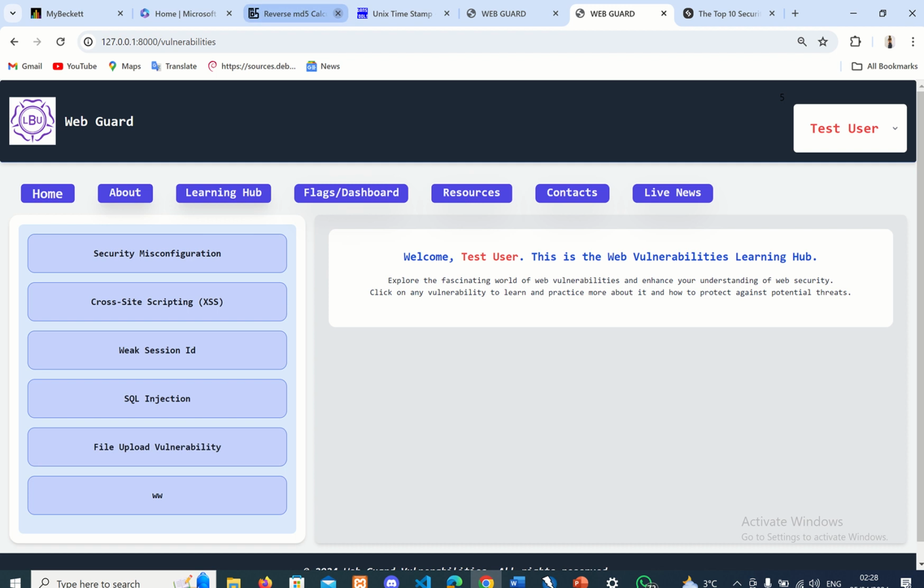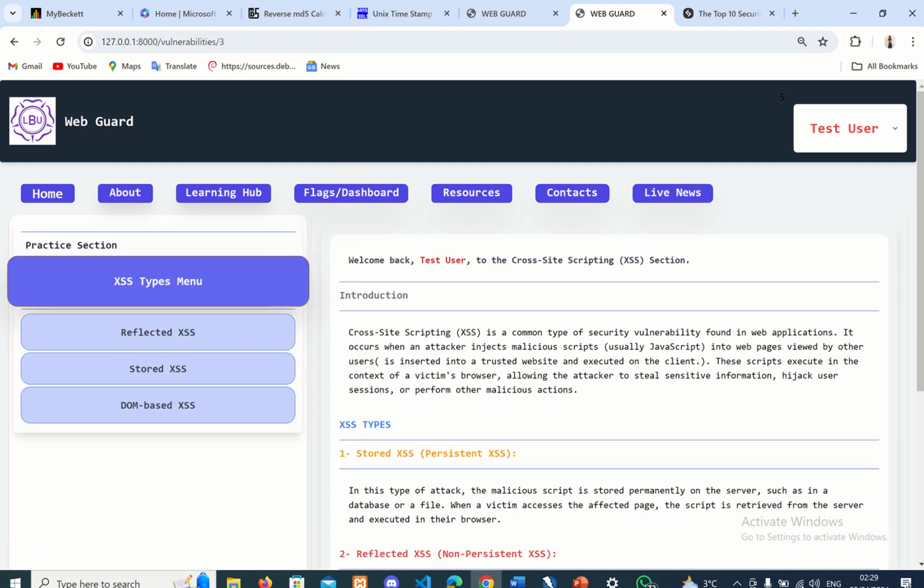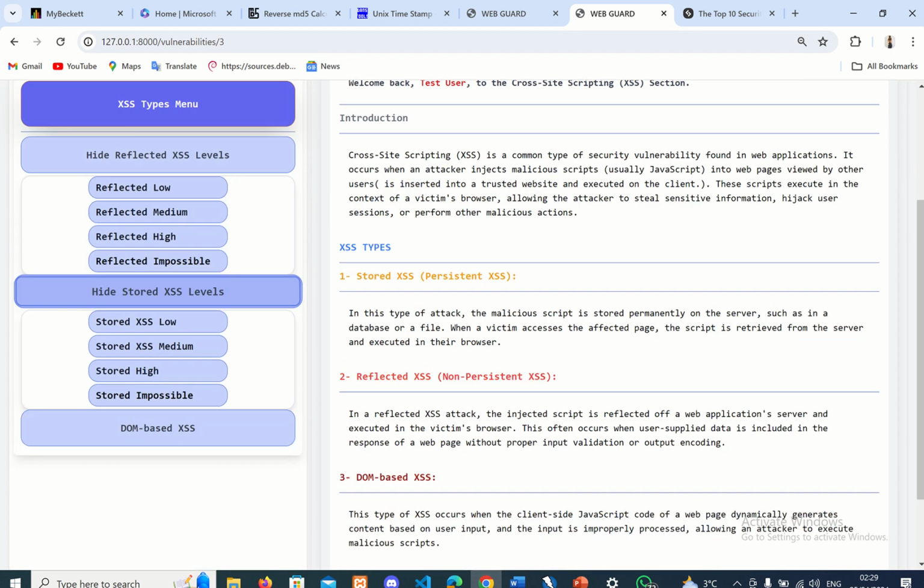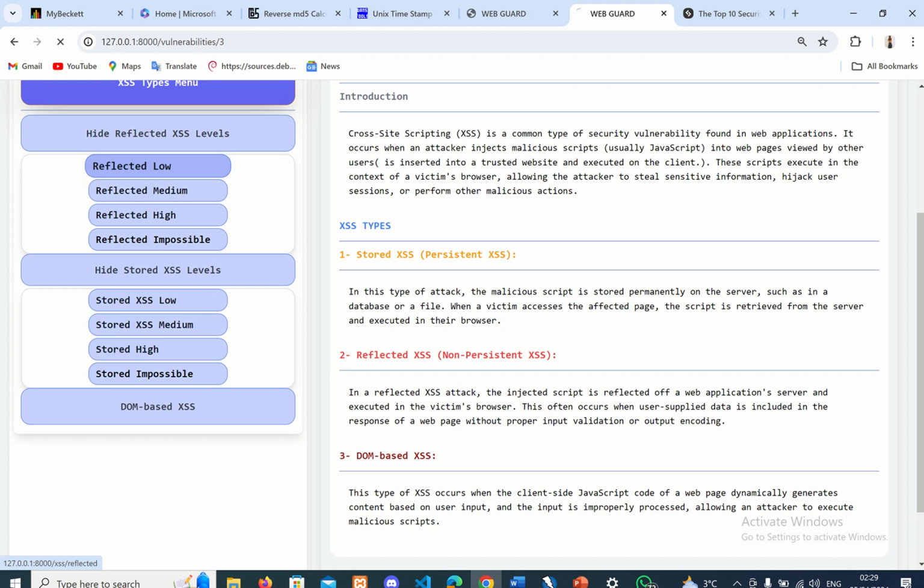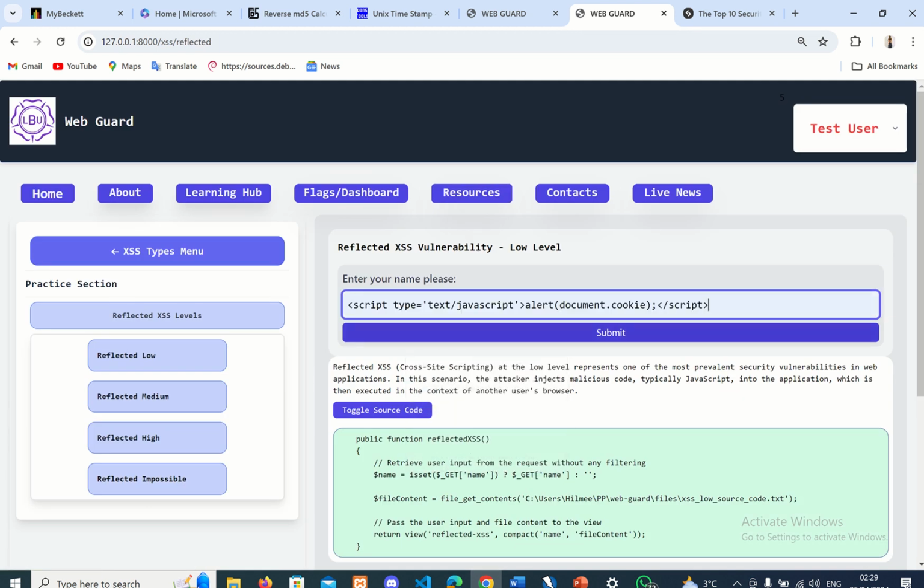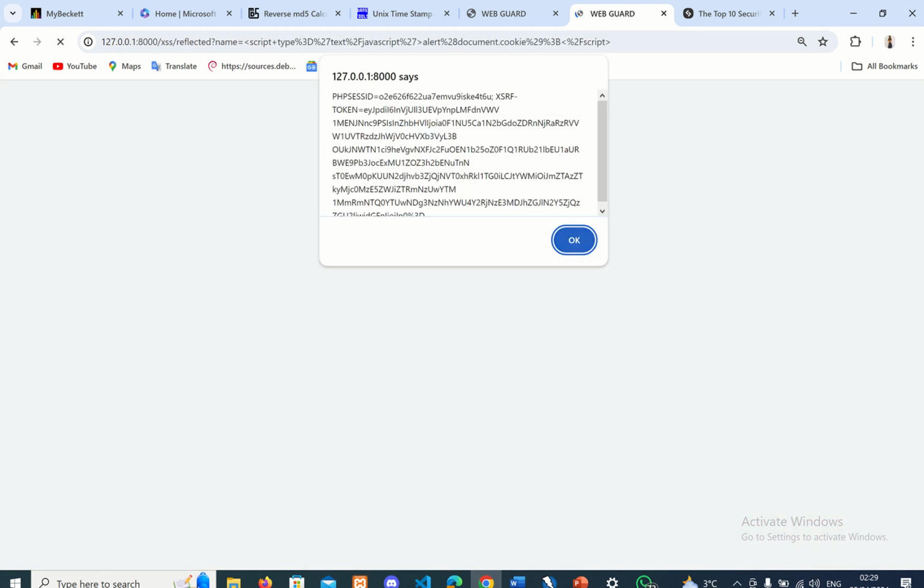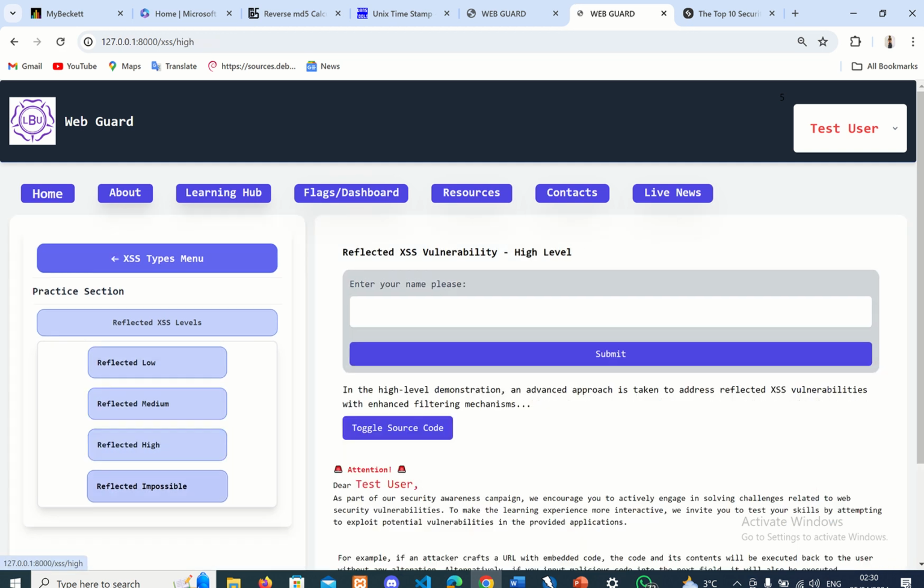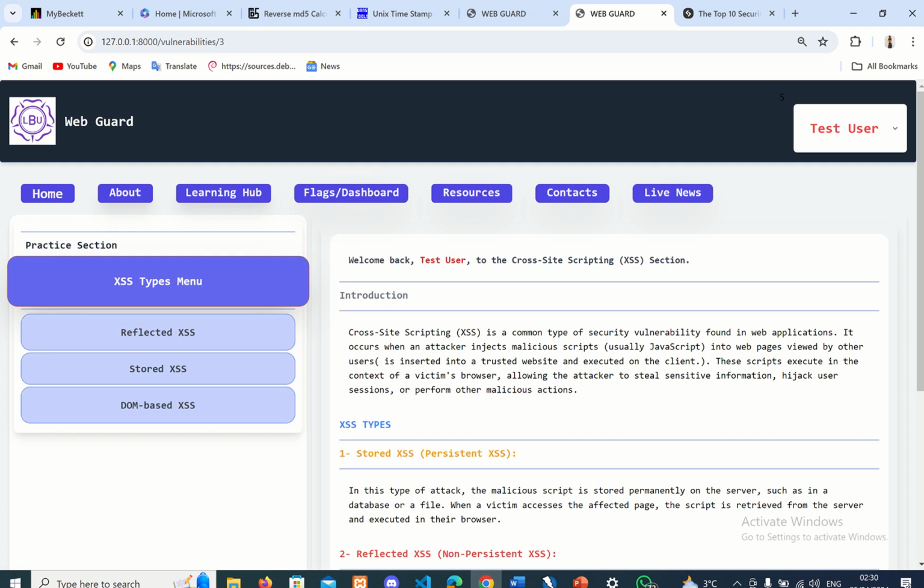So Learning Hub is the same for cross-site scripting, which has three types of vulnerabilities: reflected, stored, and DOM. Reflected has 4 levels, from low to impossible. Stored has 4 levels, and let's try one. This is the easiest one. So the user gets a flag when they practice and solve the challenge. They can submit the flag to keep track. Medium, reflected, all the levels. The same for